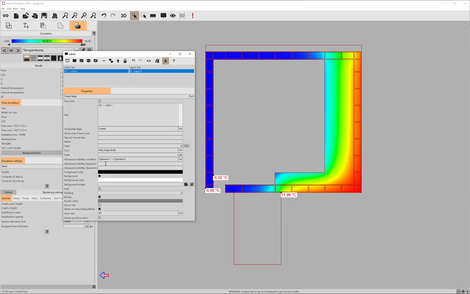We copied UF's tag into operand 1, and we set operand 2 to 1. In this way, this label will be visible only if UF is greater than 1. Now, if it's greater than 2,